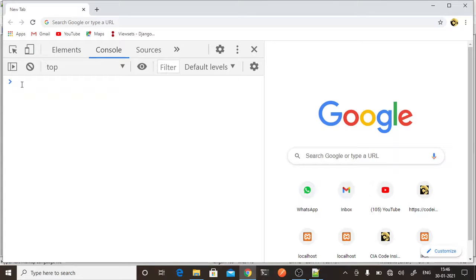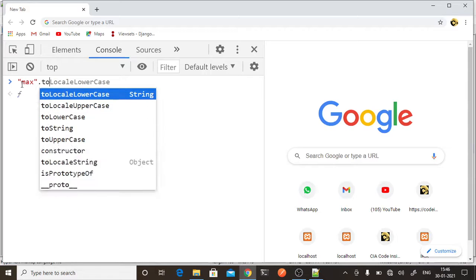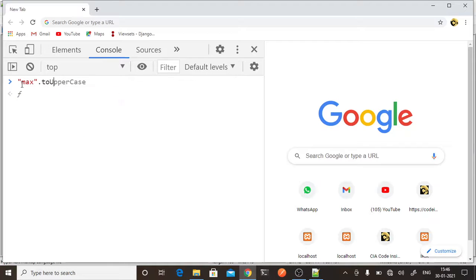Now again, if I am writing a name, for example, and I want to capitalize it, then I can use the toUpperCase function, and it will all be converted into uppercase. Same way we have lowercase.